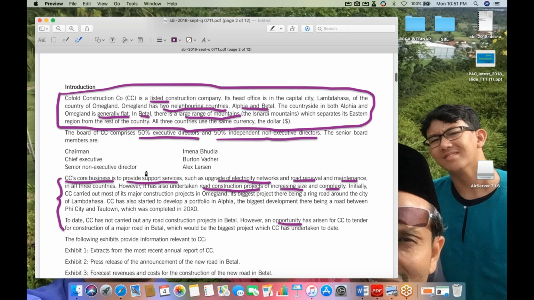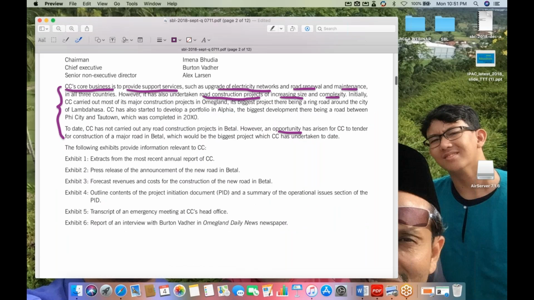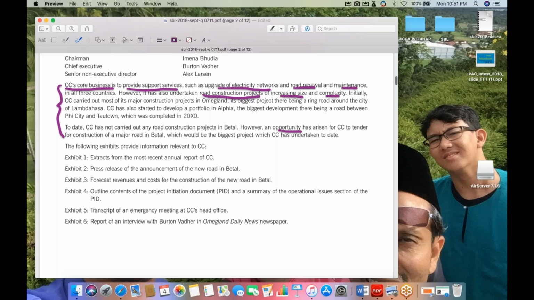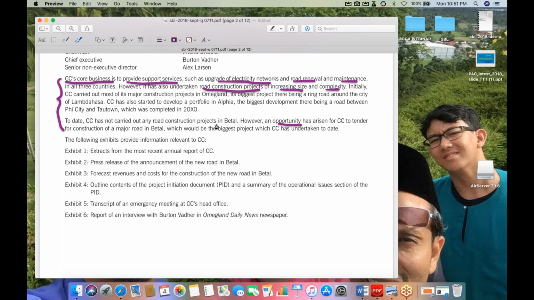But when it comes to Beetle just now, even though they have the opportunity to tender for construction of a major road in Beetle, and this would be the biggest project that CC has undertaken to date, remember, Beetle is a country that does have mountains. So building a road in places with mountains may not be as easy as flatland. So as you read this particular overview, you should already have that in mind. And the following exhibits,